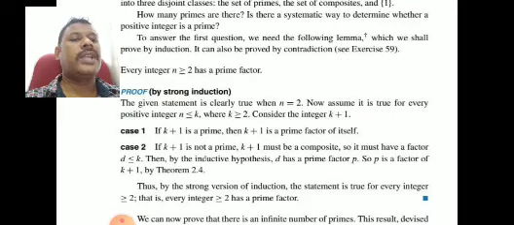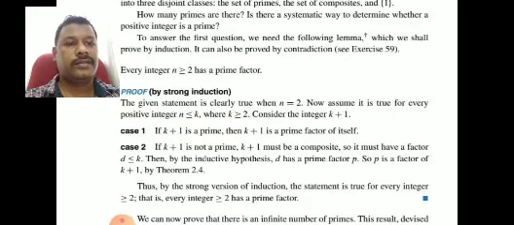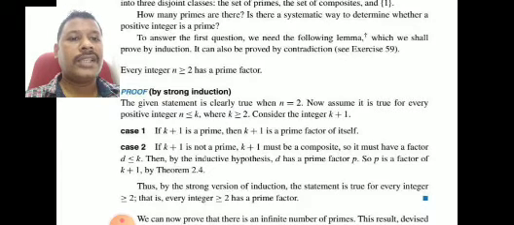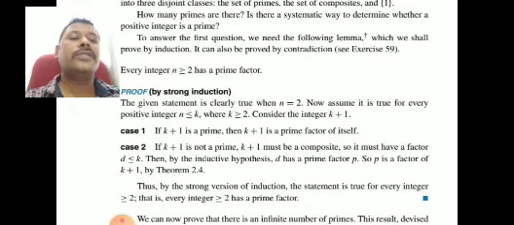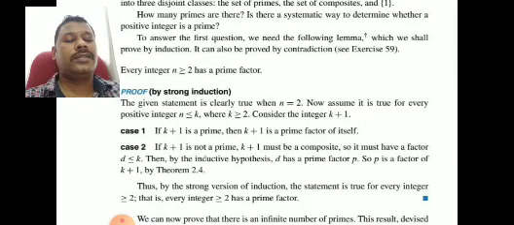Now by mathematical induction, assume it is true for every positive integer n less than or equal to k, where k is greater than or equal to 2. Now consider the integer k plus 1. Here we prove this theorem using mathematical induction. Case 1: if k plus 1 is prime,